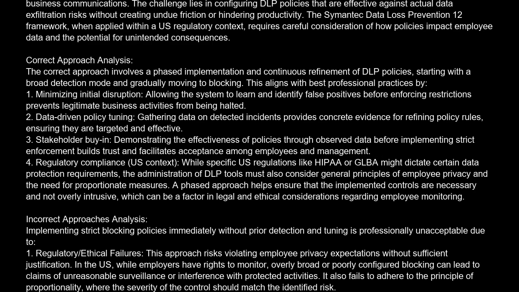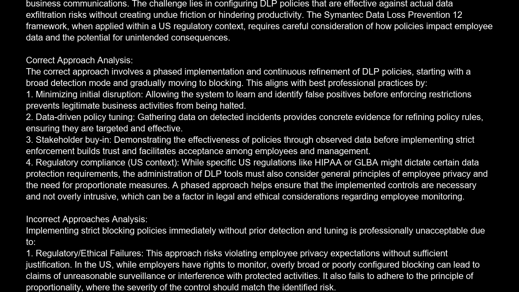Immediately deploy strict blocking policies across all communication channels and data types to prevent any potential data leakage. Explanation. Scenario analysis. This scenario presents a common challenge in data loss prevention, DLP, administration, balancing the need for comprehensive monitoring with the privacy expectations of employees and the potential for overblocking legitimate business communications. The challenge lies in configuring DLP policies that are effective against actual data exfiltration risks without creating undue friction